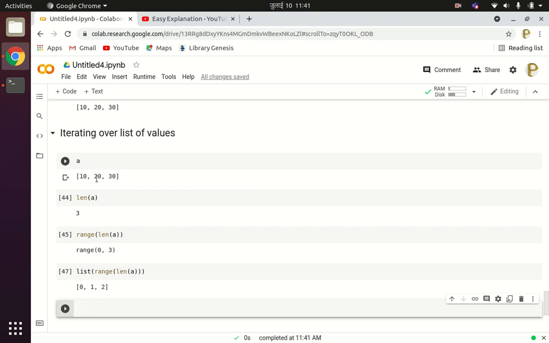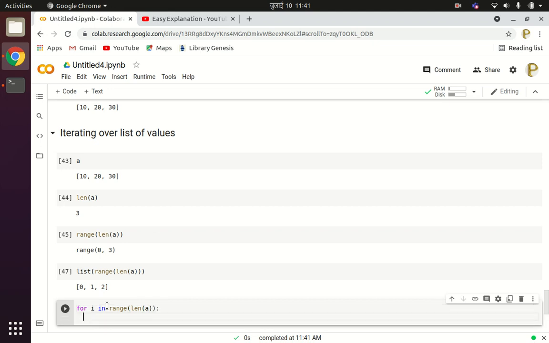Now you can use this functionality in order to iterate over the given list. So I will be using a for loop for iteration. For i in range of length of A, first print the value of i and see the result. So I will print the index values.